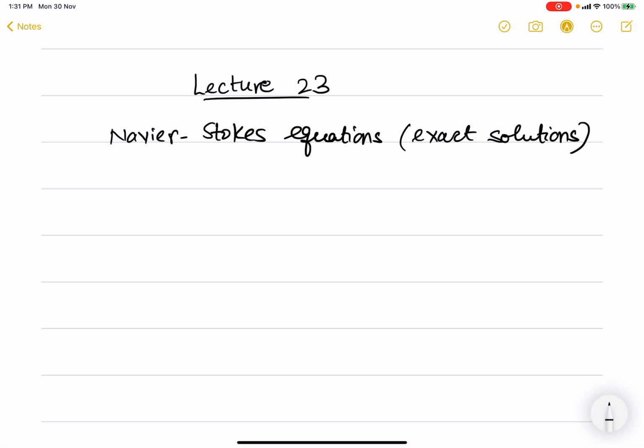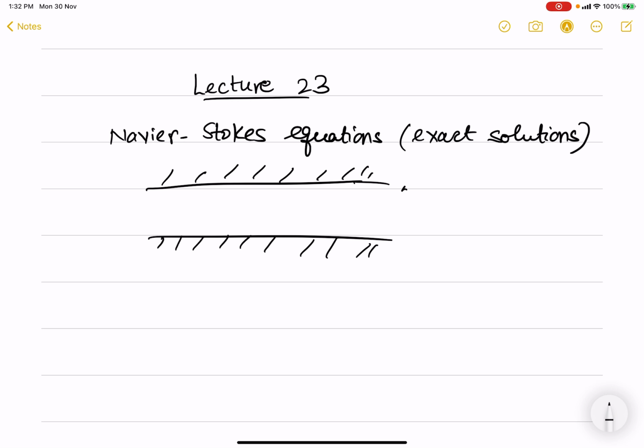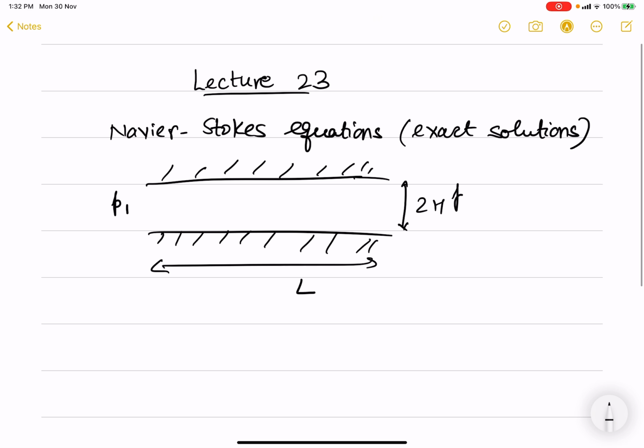Welcome to this class on fluid mechanics, where we will continue our discussion on the exact solutions of Navier-Stokes equations. In the last class, we had seen that if we have flow between two long and wide plates of the dimensions which were shown, and if this flow is caused by a pressure gradient, then what we got was the velocity profile